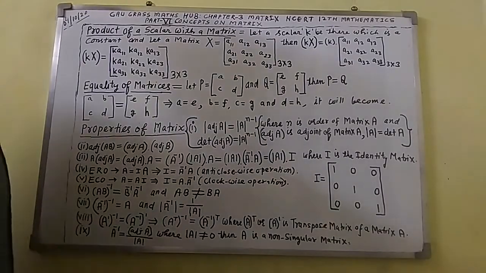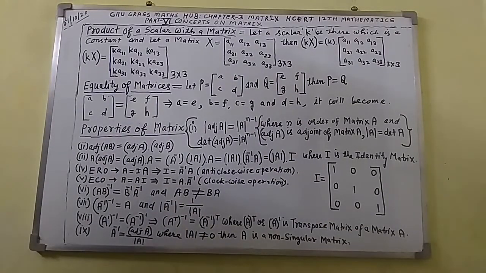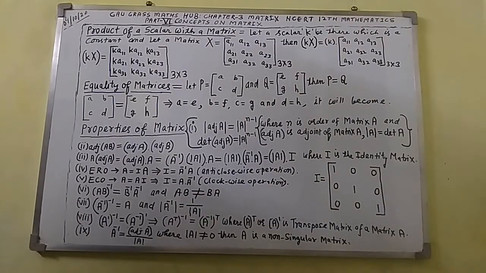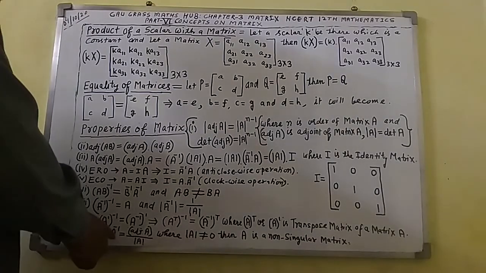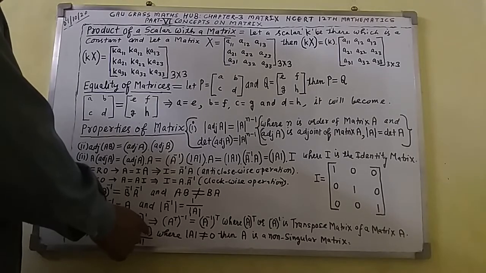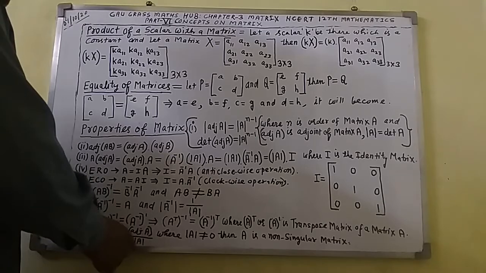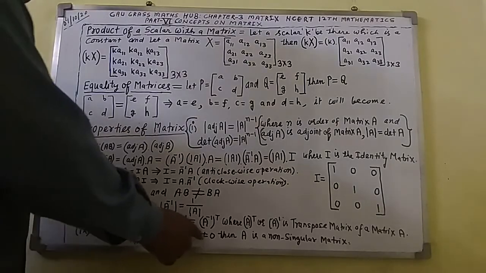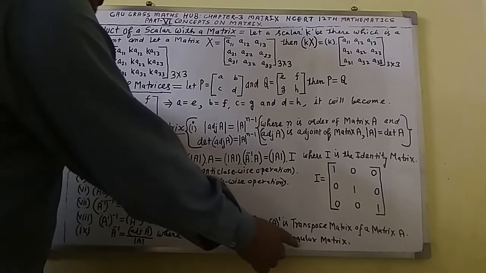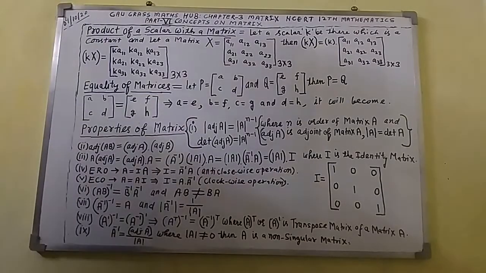This is the formula. You must always remember, this is an important formula. You must remember A inverse equal to adjoint of matrix A over det A, where det A is not equal to 0, then A is a non-singular matrix. This is the proper